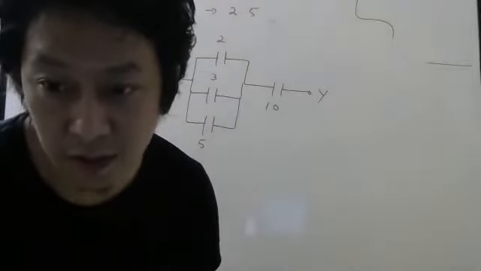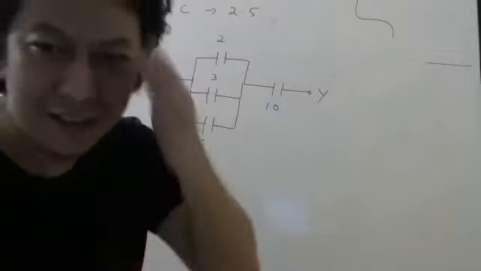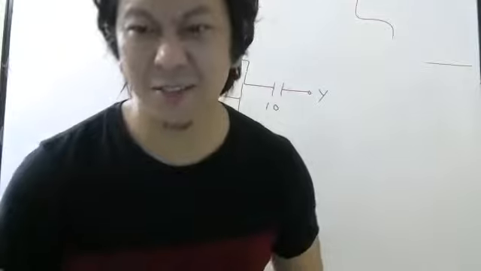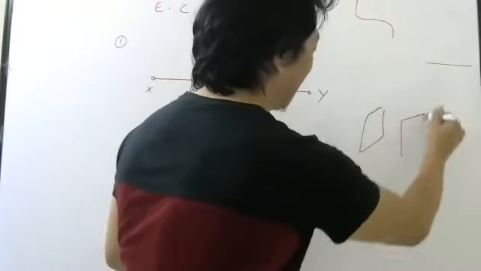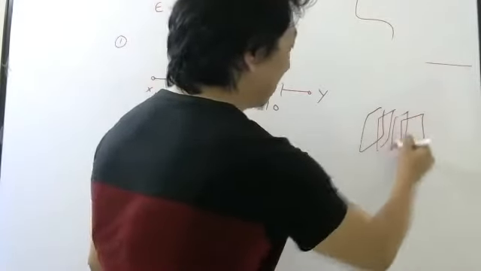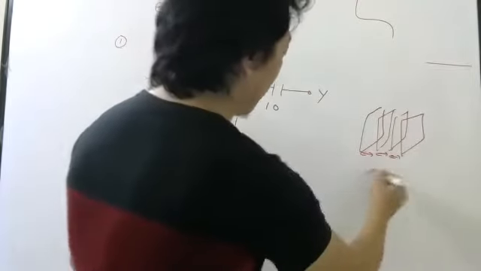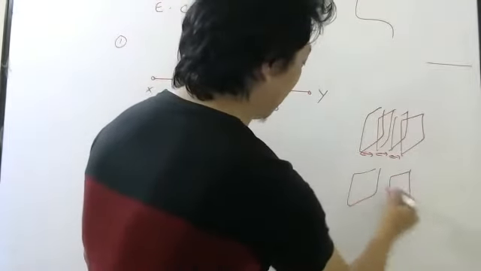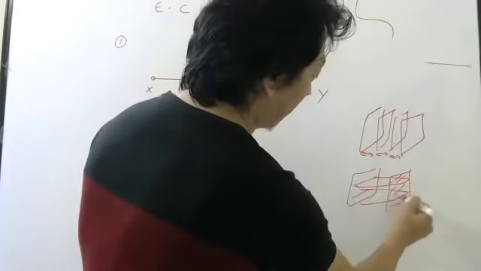Sir, what will be the formula if we divide it in the shape of a square? Square, meaning what? I did not understand. Okay. So suppose this is your capacitor. There are only two ways to divide. Either you can divide this way, then your distance will be different: T1, T2, T3. And you can divide it like this also, then the area will be different.